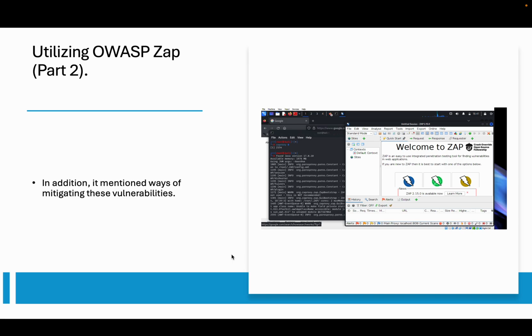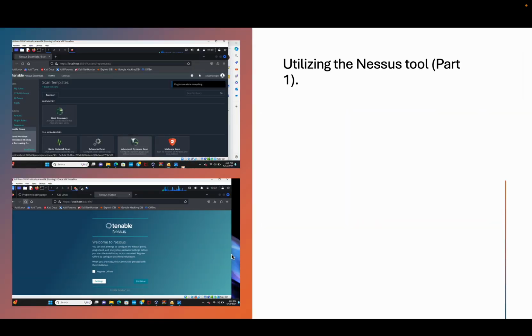Super useful, super helpful. All right. The third tool is the Nessus tool. And so the Nessus tool is known for being another type of vulnerability scanner. So there's kind of patterns going on here. There's different types of vulnerability scanners you could use, but also they have a lot of specificity regarding what